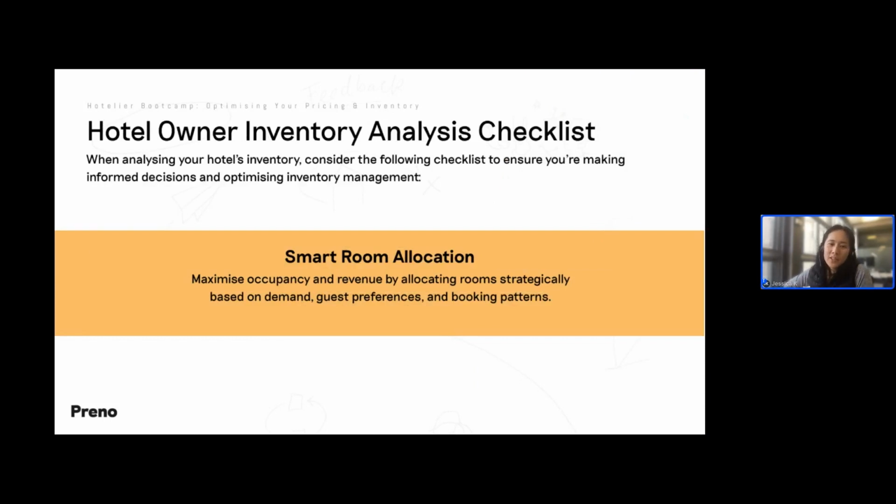Smart room allocation. This is all about maximizing your occupancy and revenue by allocating rooms strategically based on demand. So, for example, let's visualize this. Imagine in my property I have the 1-bedroom unit, which is always booked out. It's one of our most popular rooms. But then I've got my 2-bedroom and 3-bedroom units which are always empty. People are just not keen on this room type. So what you could do in Preno is shuffle the bookings around, and move a couple of those 1-bedroom bookings into the 2-bedroom unit. Yes, it's an upgrade, but